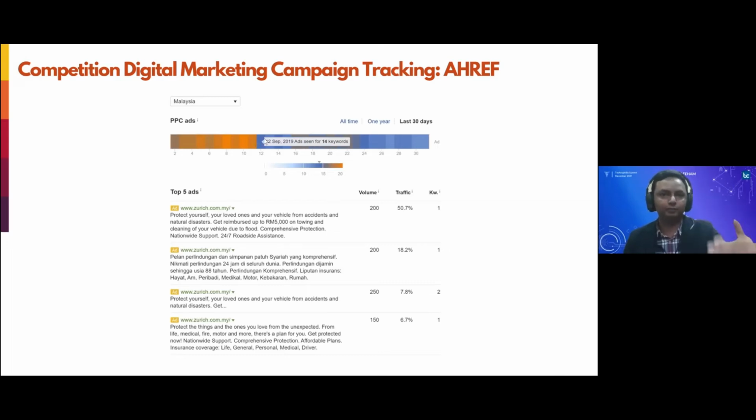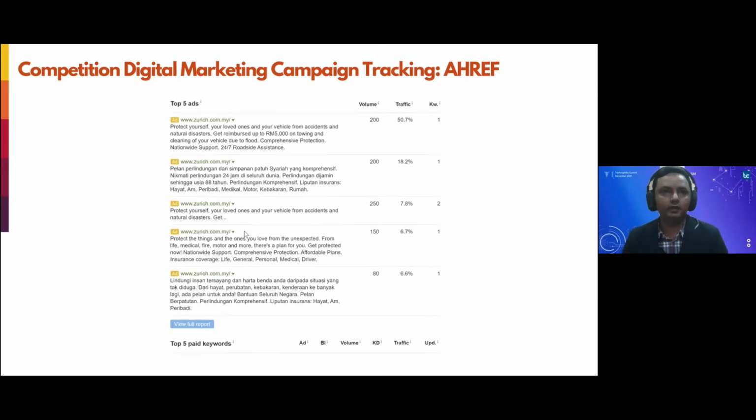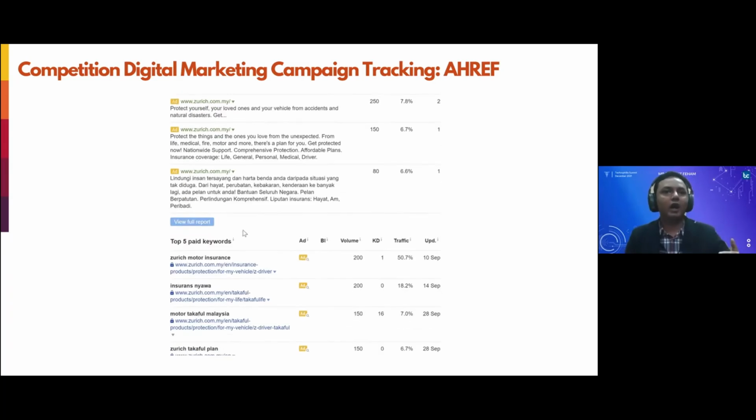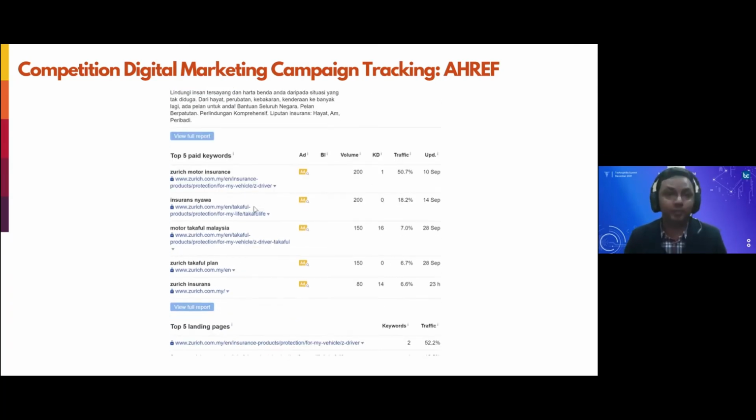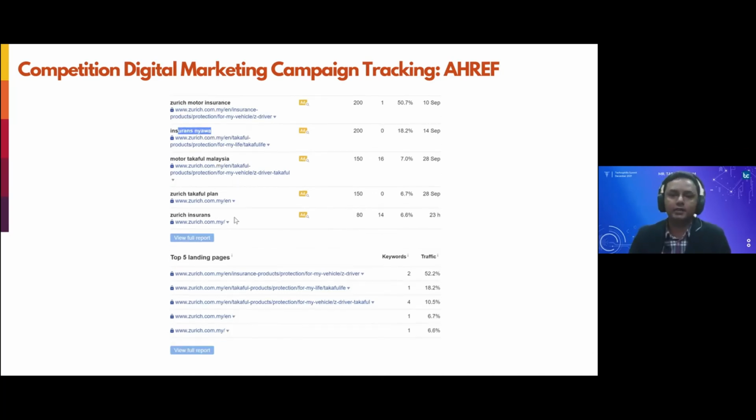So you pretty much would be able to see the volume and the traffic that they are getting, and from there on you can also determine the amount of investment that they are making on these ads. So you will know how much marketing budget your competition has, for example. And of course, when you have these insights, you can plan accordingly and execute your product strategy and marketing strategy very well.